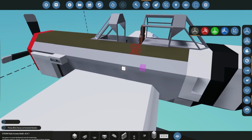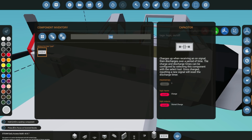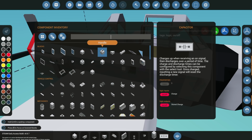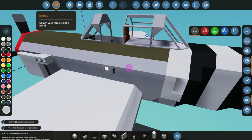So I'm finding that the cool thing to add is, instead of a ladder, which I used to do, I do the handle. What's it actually called? I know it's at the top, so we can just go like this. Yeah, it's called a handle. I add the handles here, and they tend to work pretty good on pulling you up on these little planes. I used to hate them, but I think they work okay now. So let's go ahead